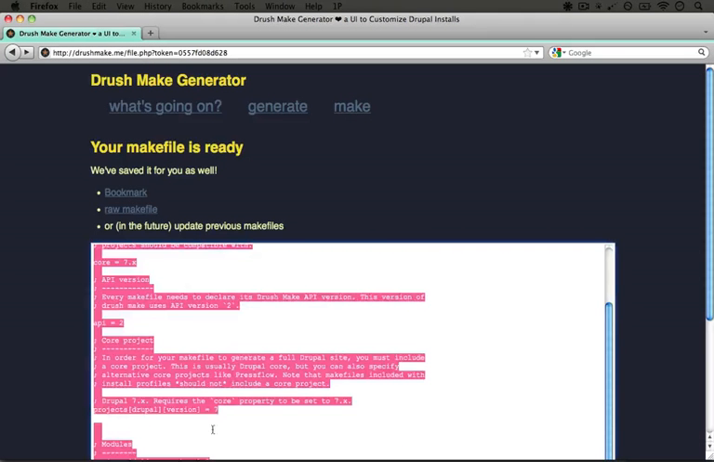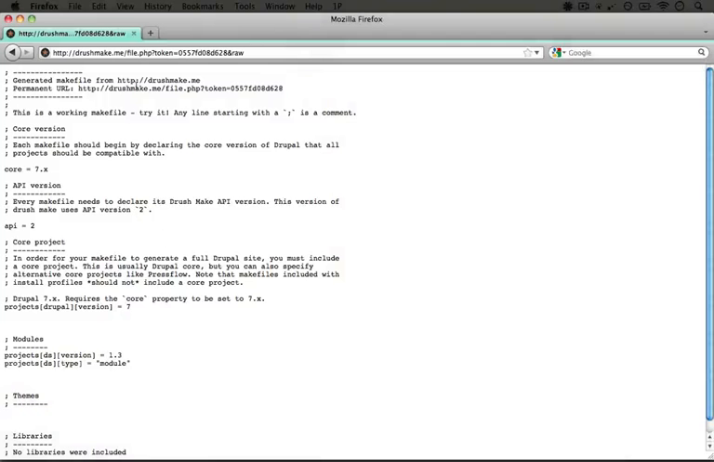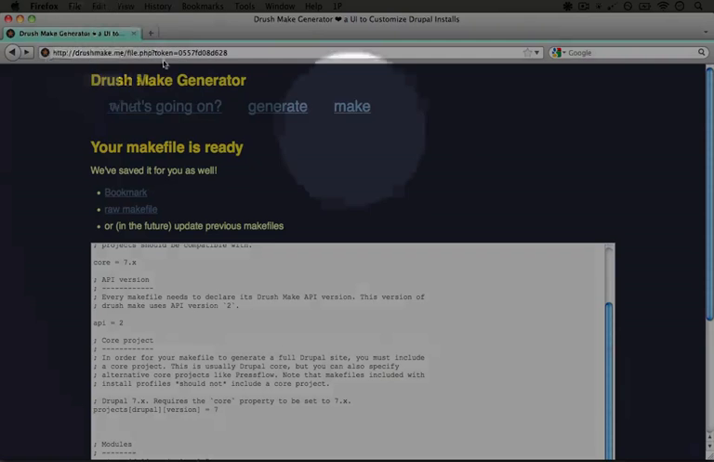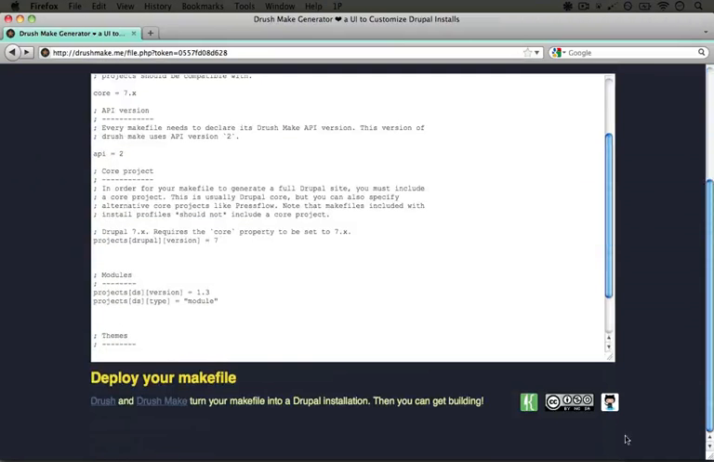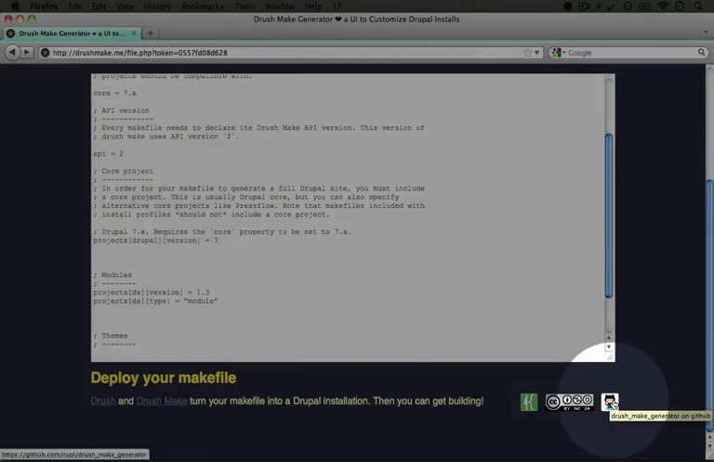And even though you can copy the code inside of this text area right here, you can also jump to the raw makefile right here for easier copying and reviewing of the makefile. The Drush Make generator on drushmake.me is open source. You can edit the source code, or you can even fork it on GitHub and start your own